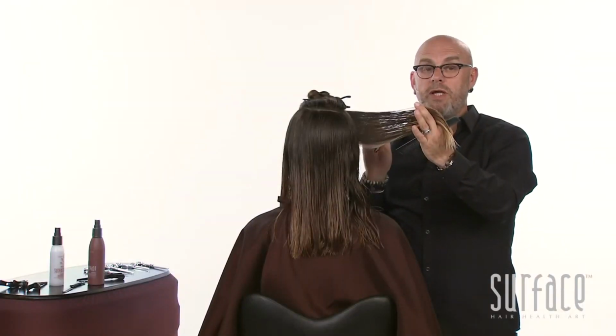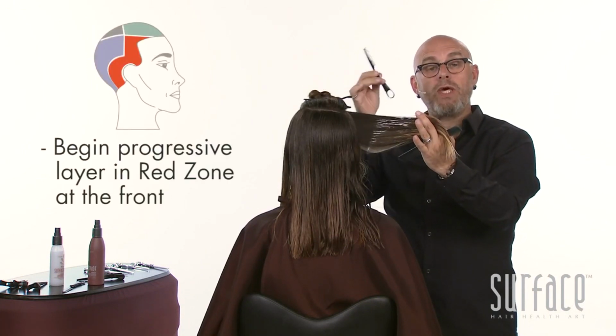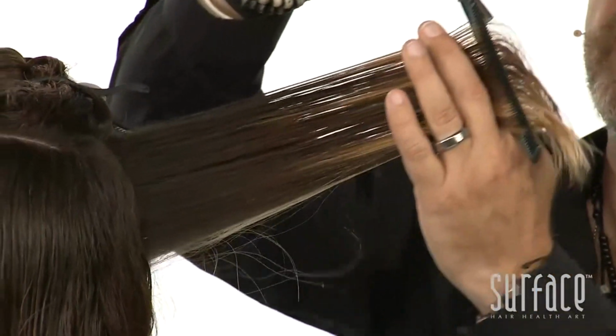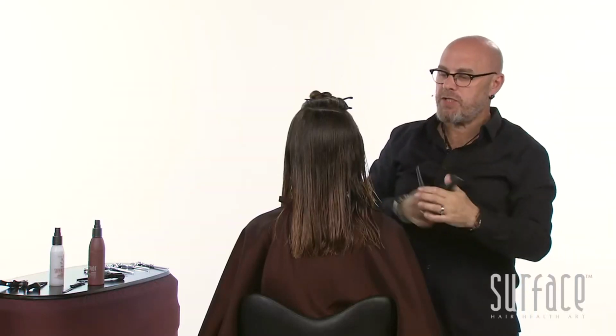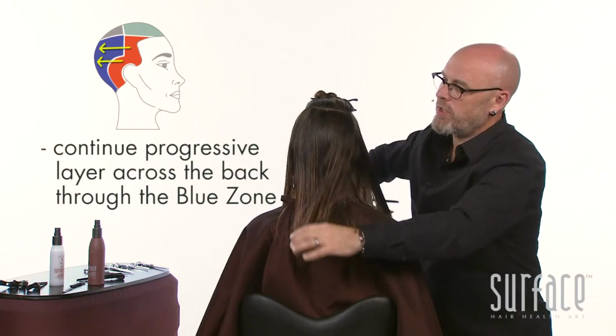My next section, I'm starting on the front of Megan's haircut, and I'm going to start to work my way all around the back, doing a progressive layer, making this my starting point, dropping down from the chin. I'm going to take the hair out, and we're just going to very softly blend that section to the outside. I will continue doing this across the back,